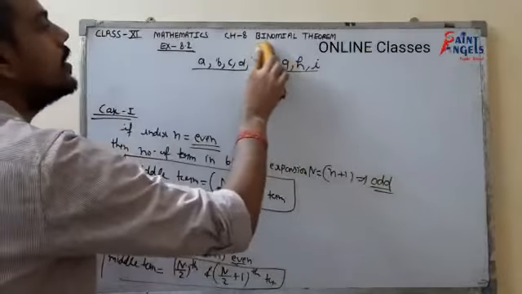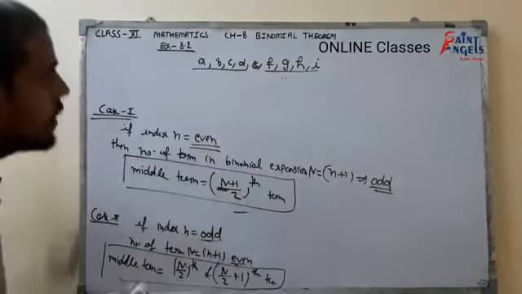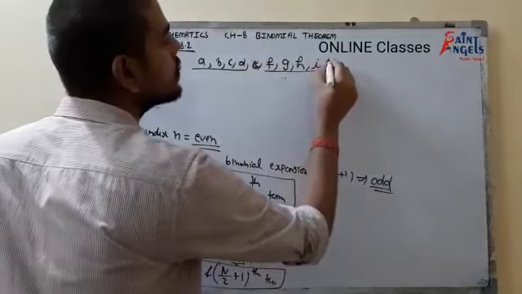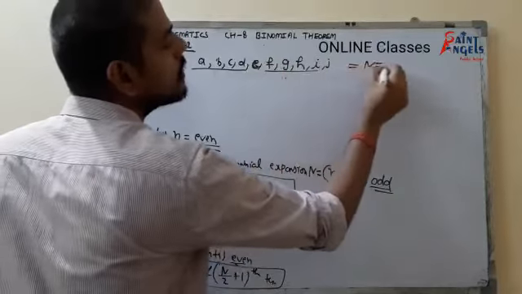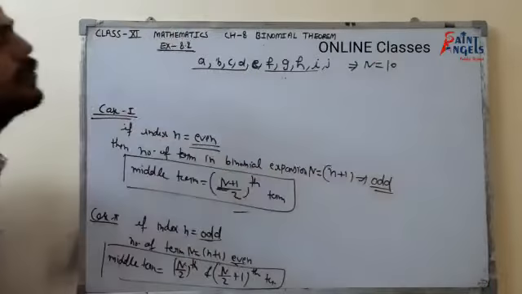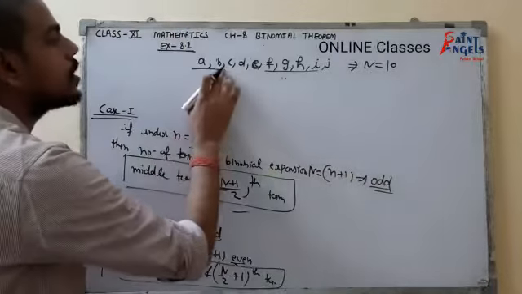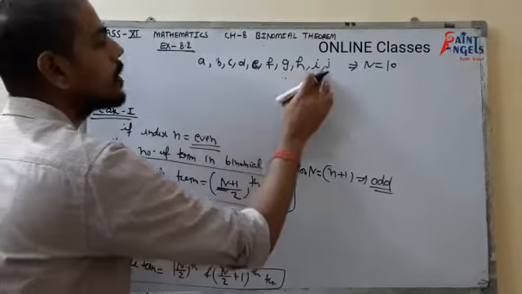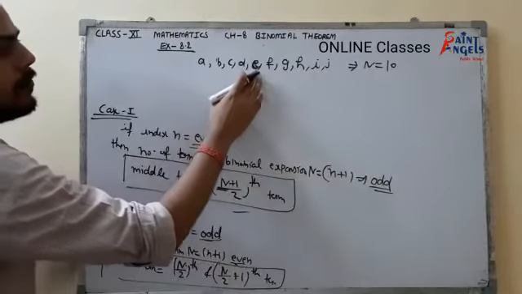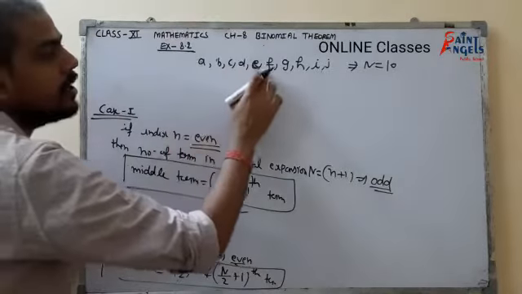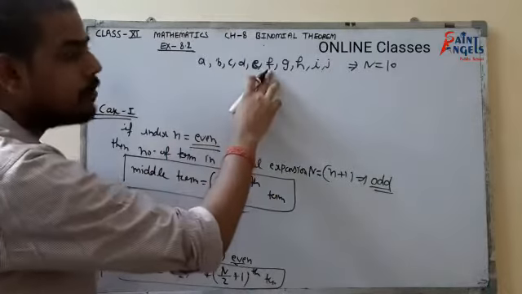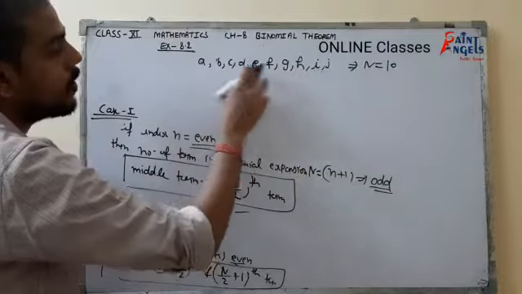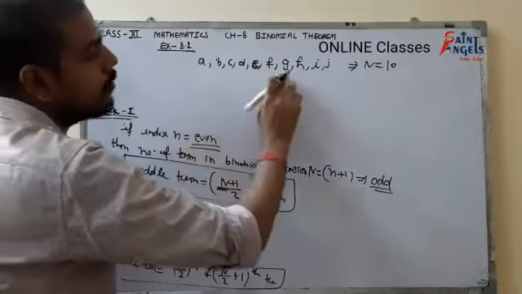Suppose here, take G as well. Okay. Now we have a total of 10 terms. That is even. Then here, what is the middle term? What is the middle term? E is the middle term. Before E there are 4 letters, but after E there are 5 letters. Okay, then E is not the middle term. Then F would be the middle term. Before F there are 5 letters, but after F there are 4 letters.